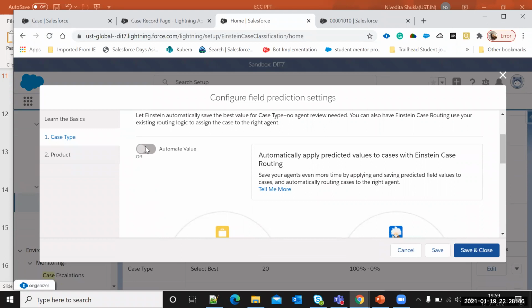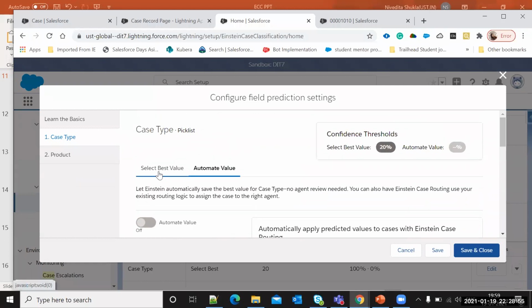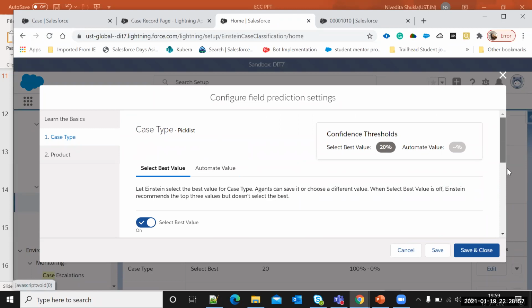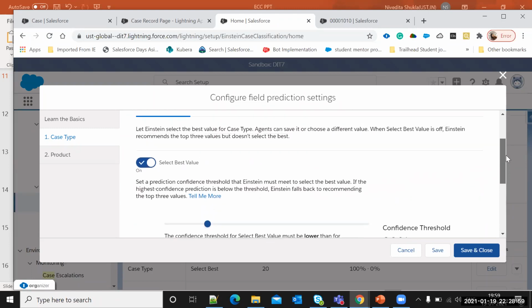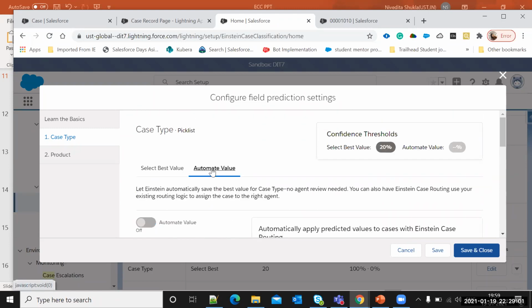I have not clicked on build, due to which it is not allowing me to change the automate value. But normally whenever we have the recommendation with a confidence threshold of 20, for automate value it should always be 21.